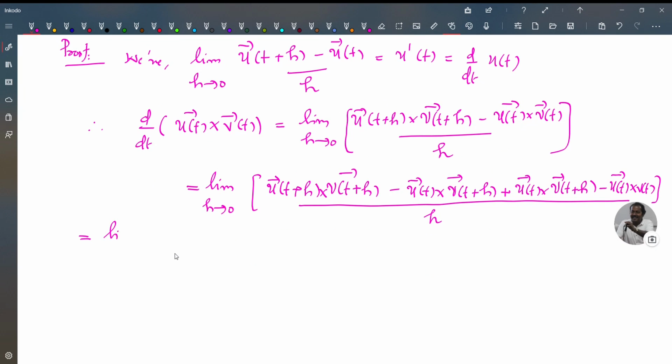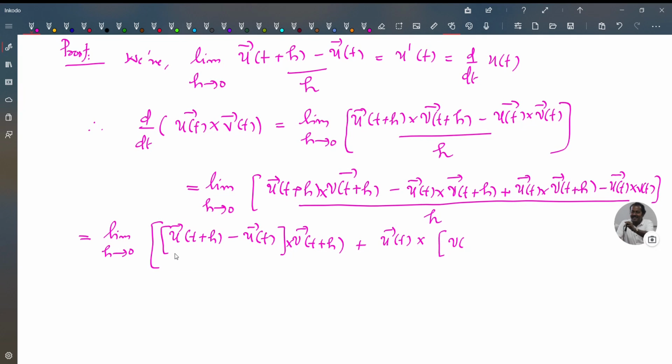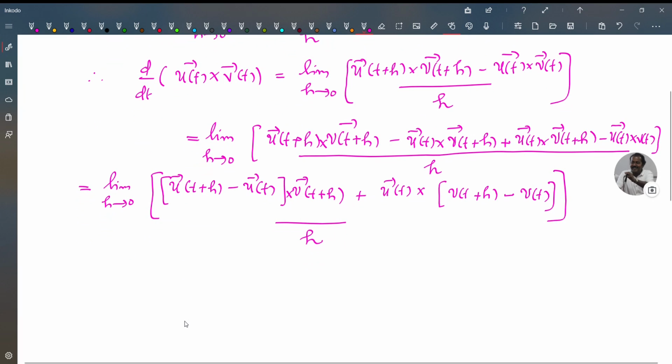So this is equal to limit h tends to 0, u of t plus h minus u of t, take v of t plus h outside, cross v of t plus h, so plus, you take u of t outside, so this is u of t cross v of t plus h minus v of t, all divided by h. So this is equal to a limit